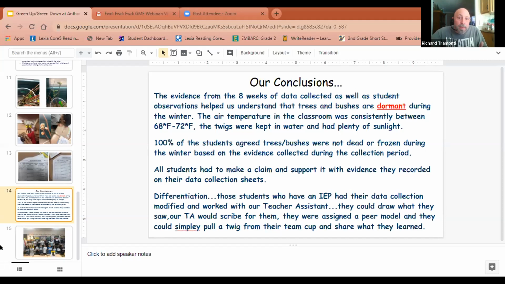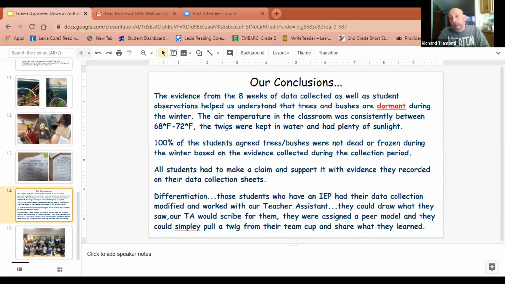For differentiation, because we have 10 students who are special needs and ELL, their work was modified, and they worked with our teacher assistant. They could draw what they saw, or our TA would scribe for them. They were assigned a peer model also, or they could simply pull a twig from a cup and talk about it. So that is basically what they did with this green up, green down, and also the whole idea of